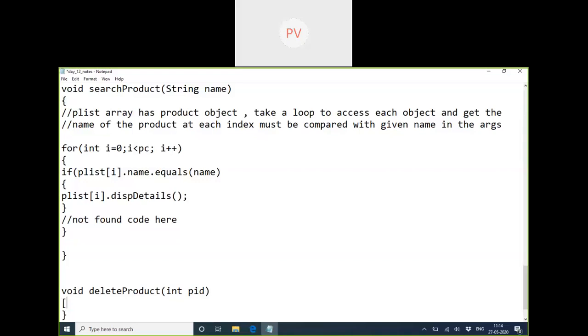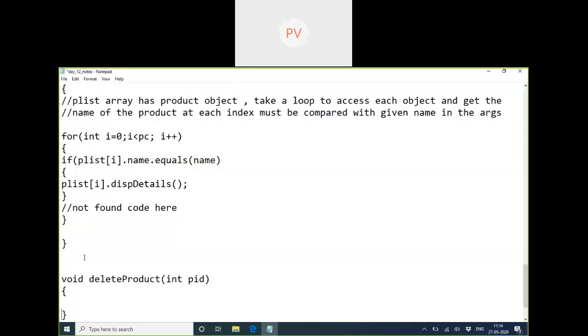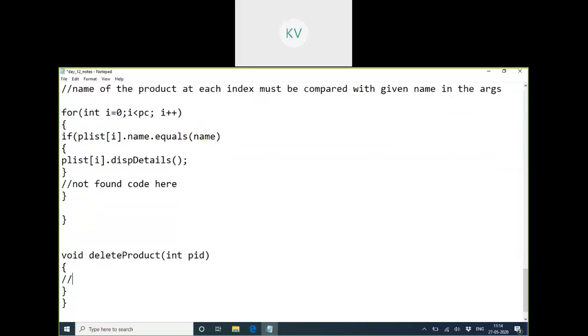Now, can you write this logic on your own if I leave this? You have to think actually, that's what I want. I'll give you some time, you can try it anyhow. So we have to search for the product by product ID and then delete it. Delete means what?